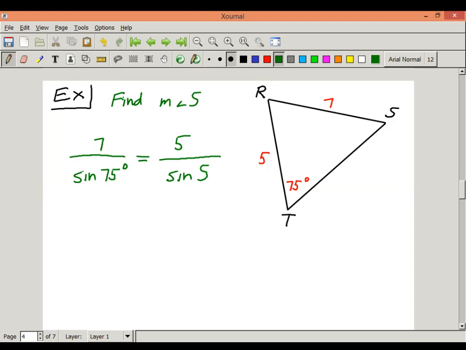So angle S is your variable. Solve like we always do, cross multiply. So you get 7 times the sine of angle S equals 5 times the sine of 75 degrees. All right, let's divide both sides by 7 to get the sine of S by itself. So 5 times the sine of 75 degrees